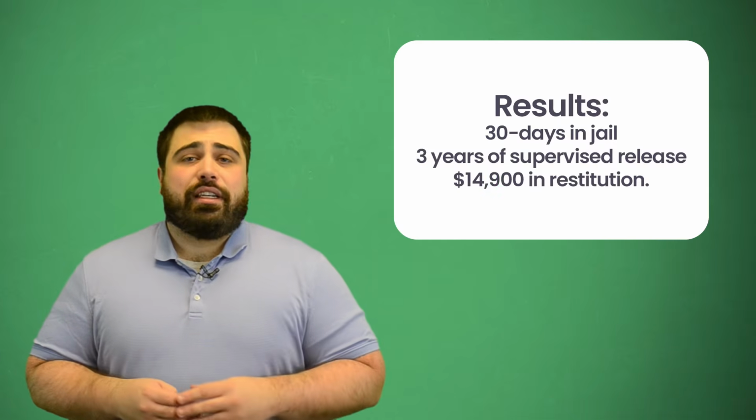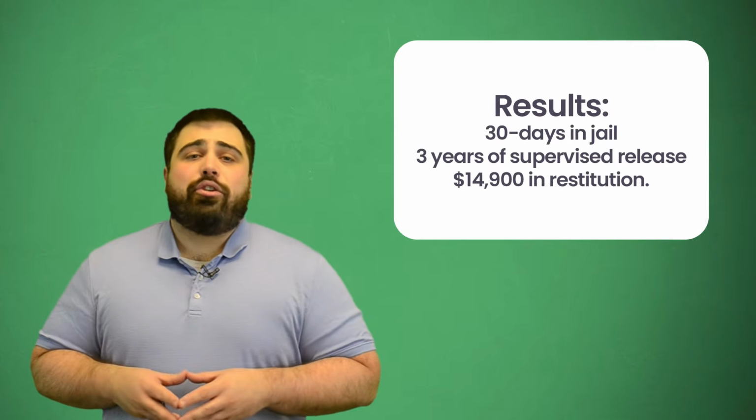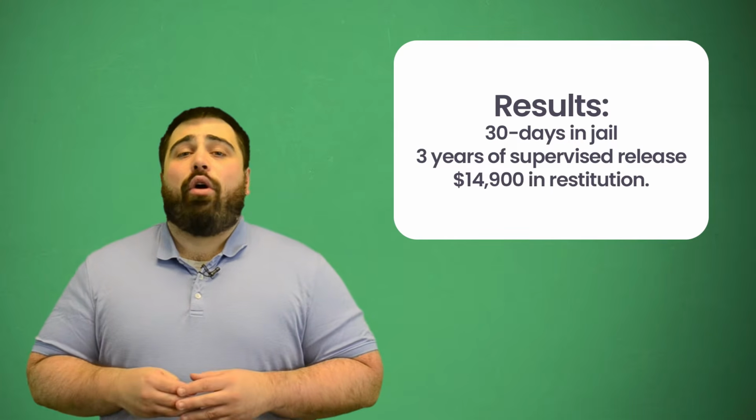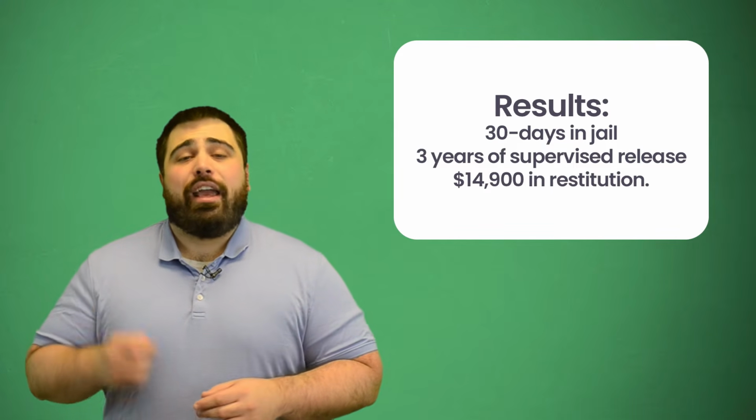To help you understand how this can happen, let me tell you about a situation that occurred at the beginning of 2018. You see, this criminal penalty went to a behavioral health analyst who was working with autistic individuals. He stole the PHI of over 300 current and former patients after he got terminated. An investigation discovered that he was the perpetrator by tracing the downloads to his IP address. This individual pleaded guilty. He then received a 30-day jail sentence, and he was ordered 3 years of supervised release and had to pay an over $14,000 fine in restitution.